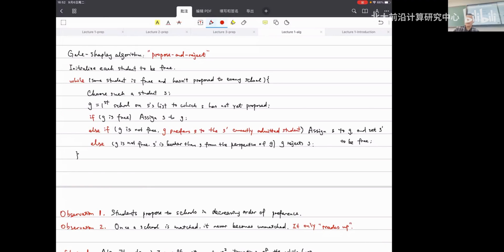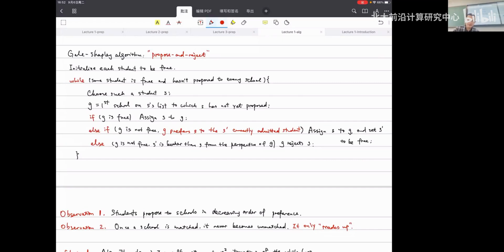This is not something that I want to get into in super detail today. And you see, I'm being cautious. I'm saying the number of while loops is at most n squared. But looking at this algorithm, each student has a list, and in general, you take the first one to whom they have not proposed, and then make the proposal, etc. Maintaining this list and trying each one is not quite trivial. The number of while loops is not exactly the running time.